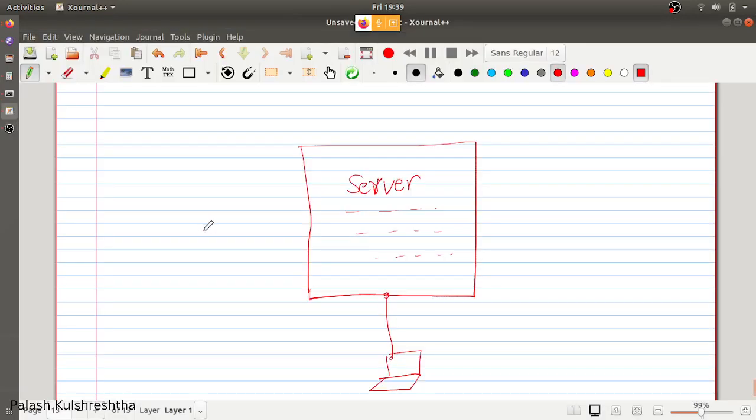So when multiple programs are running on a server, we have to interact with some of the programs. For example, let's say our web application is running on this server. This is the web application program that is running on the server,